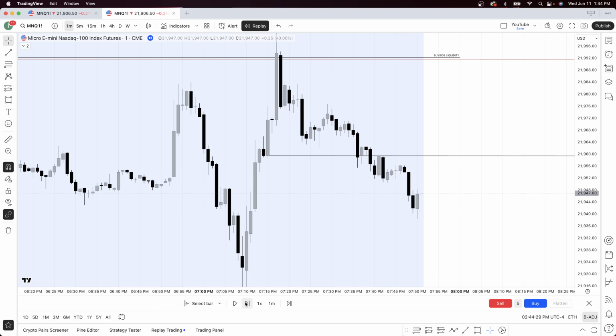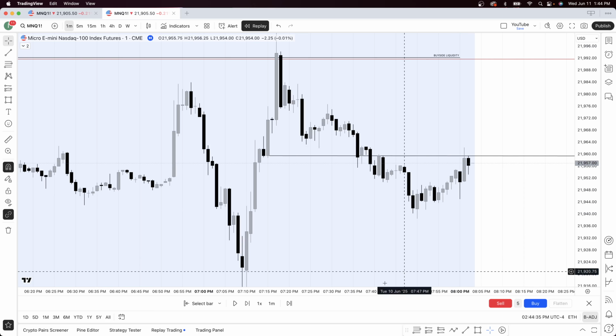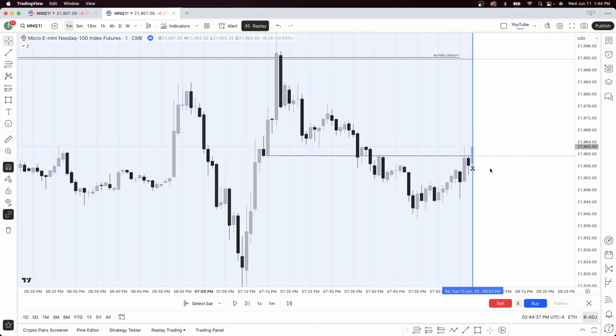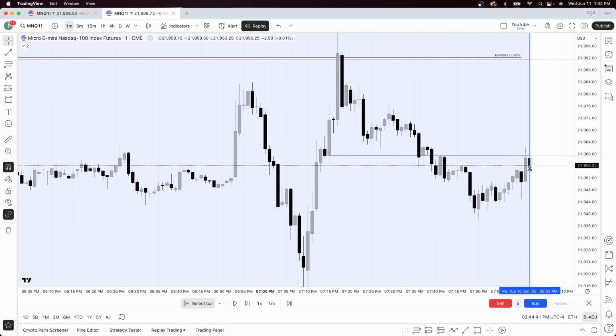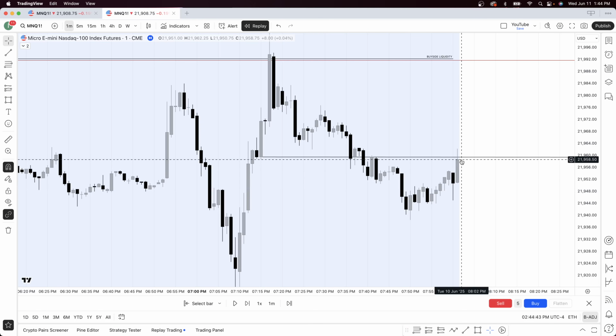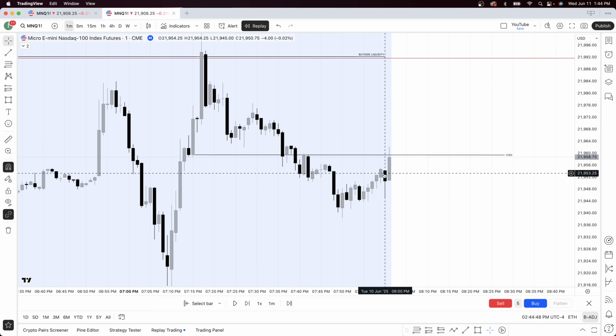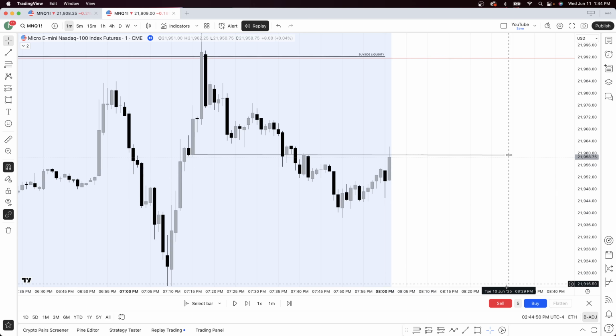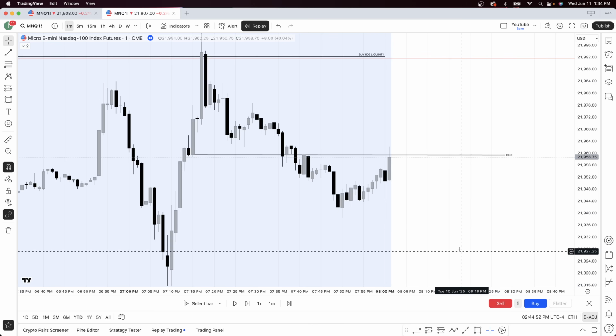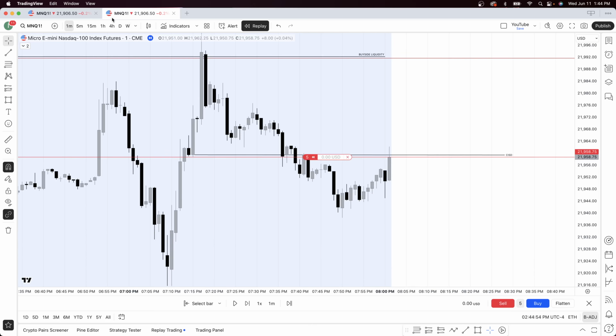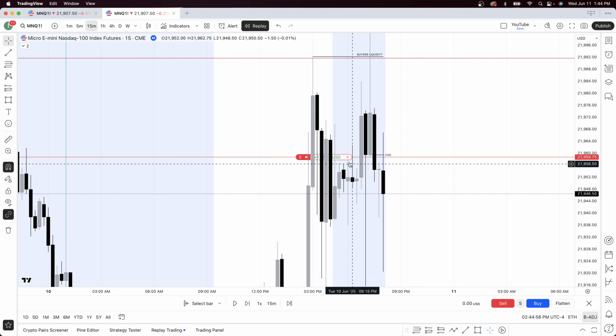I can only show you the entry that I took on the 1 minute because it's very precise, and the 15-minute doesn't allow for precision. So I entered here off of this retest on that next, soon as the Asia session opened. So Asia session opened here at 8 p.m. Eastern, right? So entering here short now,